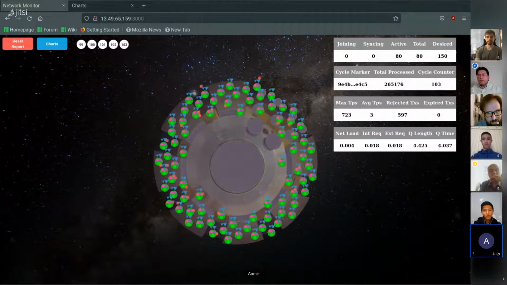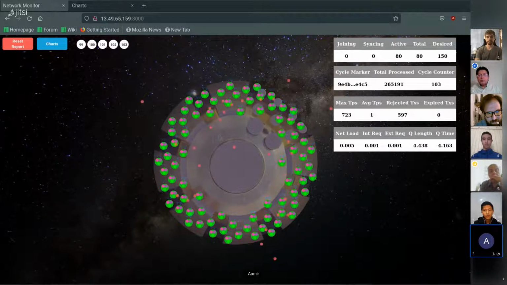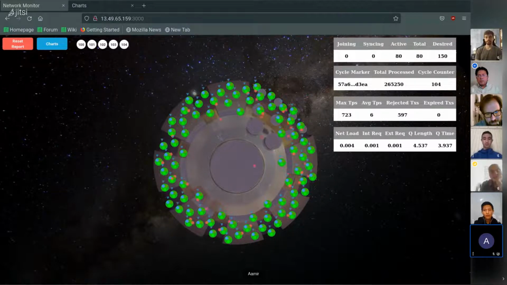Yep, great. Yeah, and so the desired count is now down to 150. And of course, these numbers are configurable in terms of how fast you want the network to adjust itself. We've used some numbers that we thought would be good for this demo,